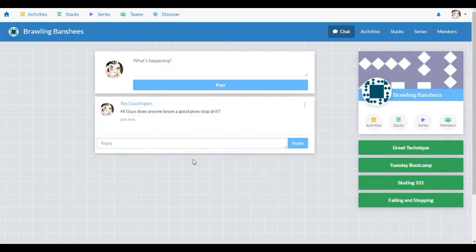So if I need to coach plow stops, and I'm looking for that particular thing, maybe I'm not very good at them, I couldn't possibly say, but if I need a drill to coach plow stops, I can flag that up with my team, and they can reply to this and tell me the activities that they have and point me in the right direction, and then I'll be able to just drag and drop them straight into my lesson